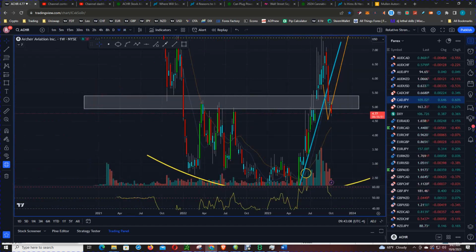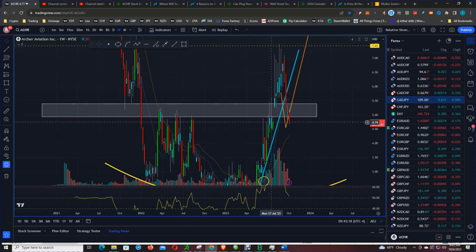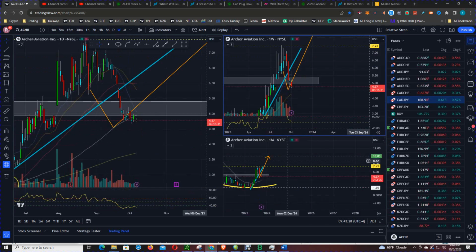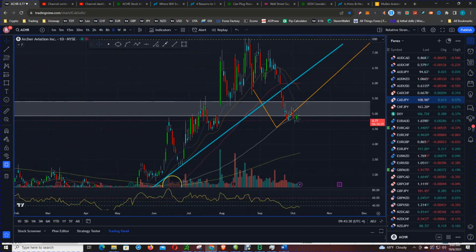Go into the weekly chart. This $5.20 level served as a resistance support band. However, we had a gap higher. Price came into resistance at $7.40 and has pulled back since. Price finds itself at a critical level